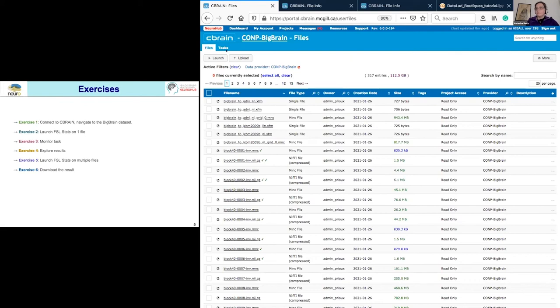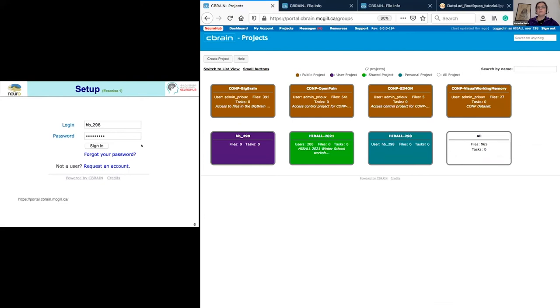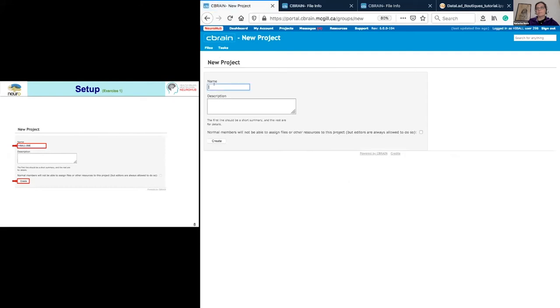To keep things compartmentalized, I will ask you to create a new project. To do that, you should go to this page. It's just like groups. You can go here, in fact, to Projects, and click on it. You should create a project.